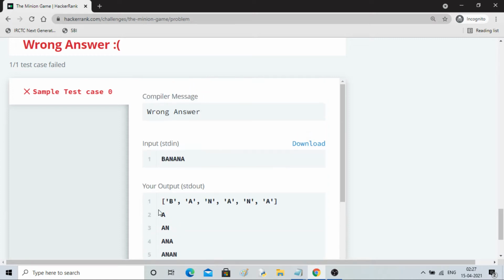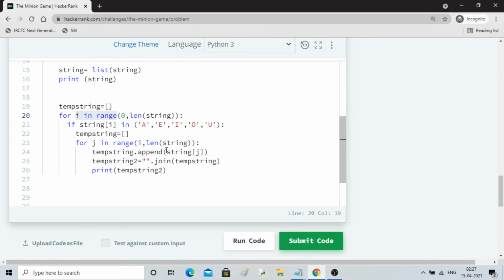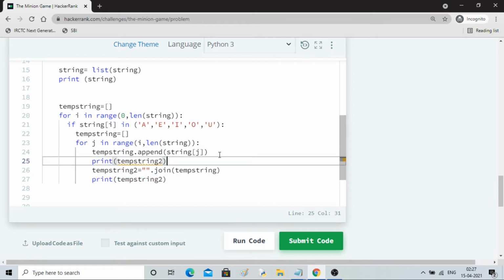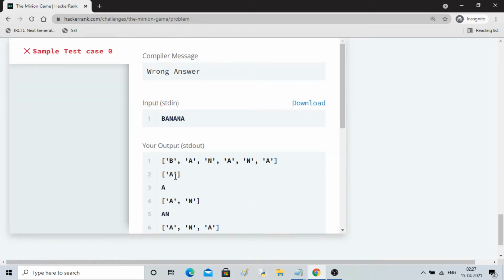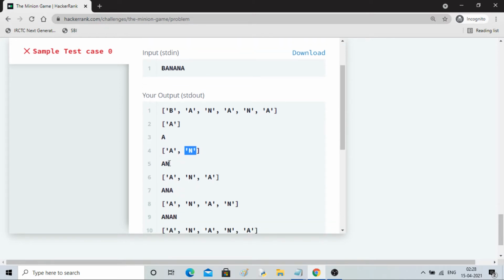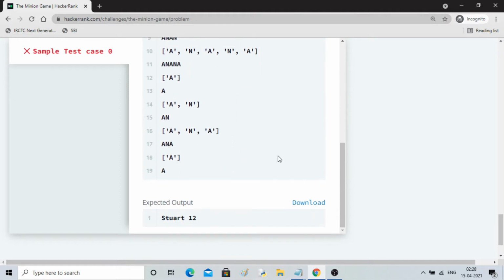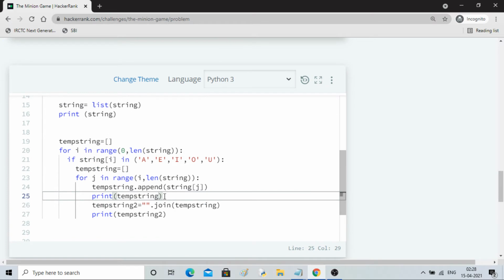So what I'll do now is save these. One more thing I'll show, let me show you how this looks like, temp string. So A is getting appended, then AN appended. What the second line is doing is combining these two, that's all, without any gap. Then ANA was made, so it is copied like this. Just to give you a reference of what is happening.